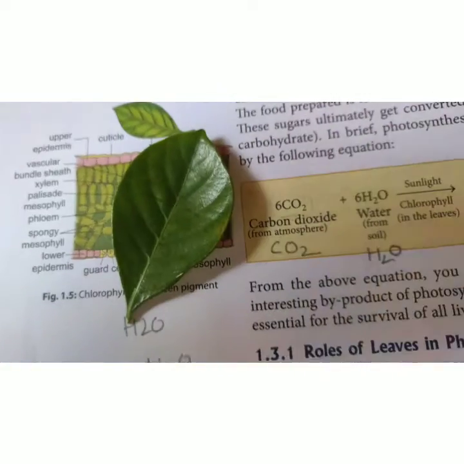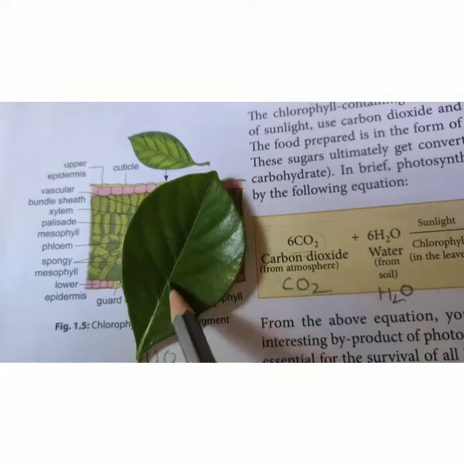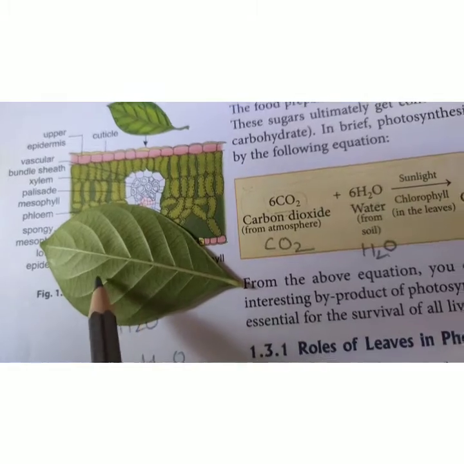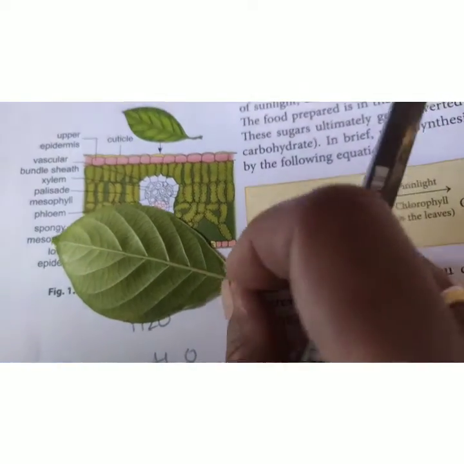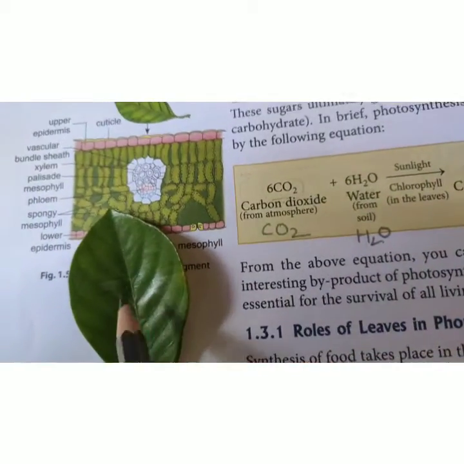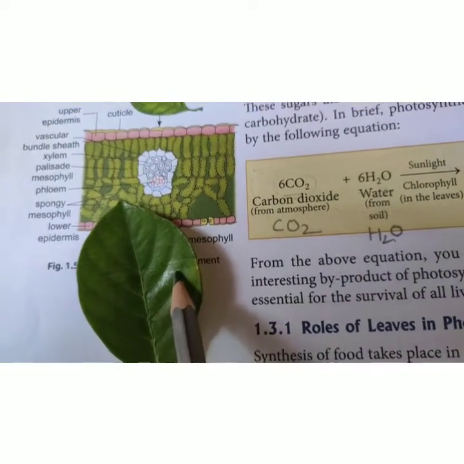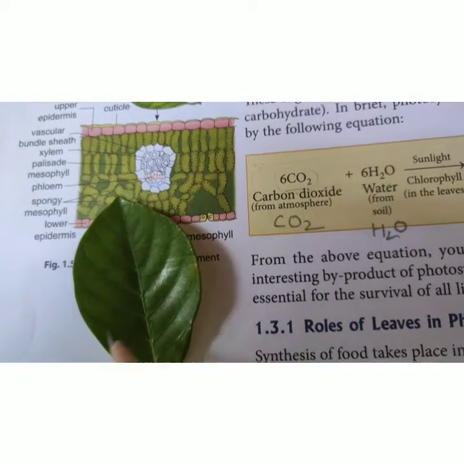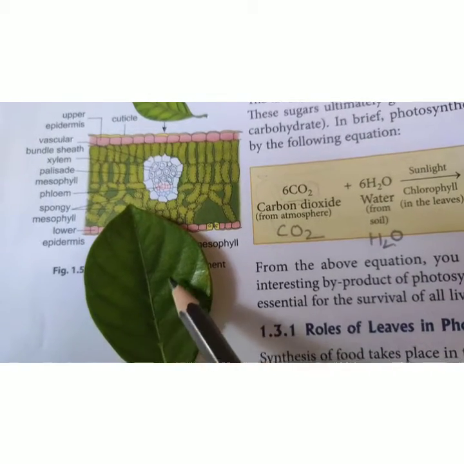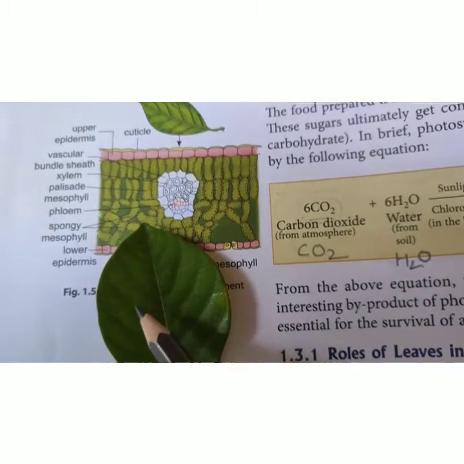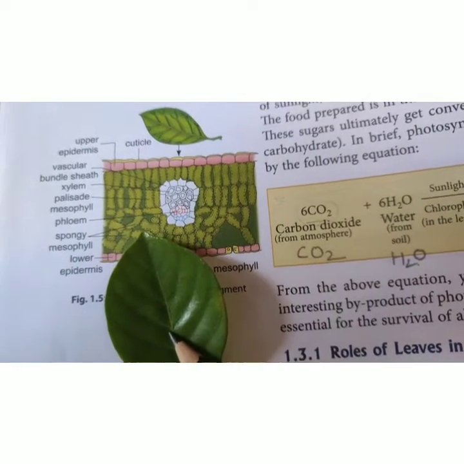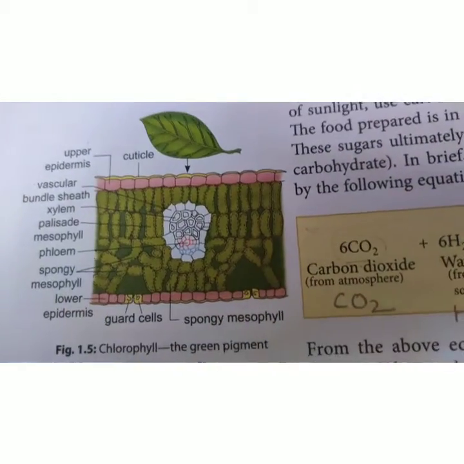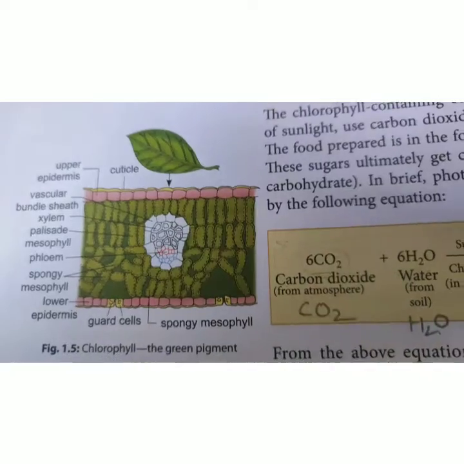Suppose this is a leaf and it has this upper layer and the layer below this is the lower layer. Both on the lower layer and the upper surface you see the leaf is shining. The shine is because of a cuticle. Cuticle means it's a waterproof material. Due to that the shine is there, and this waterproof material is known as cuticle, which protects the leaf's internal organs.